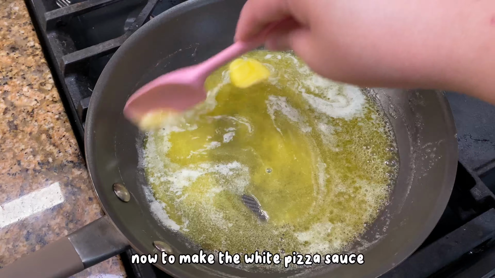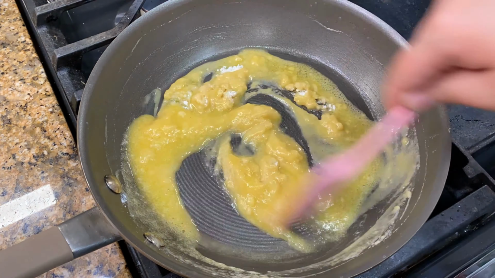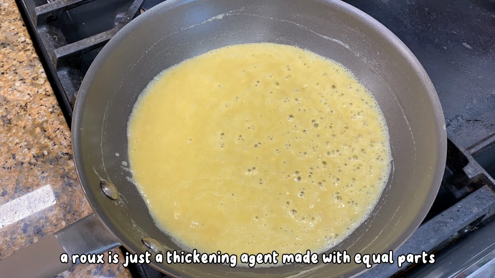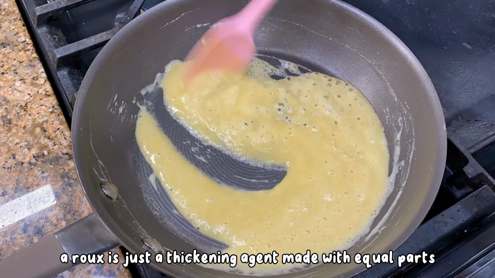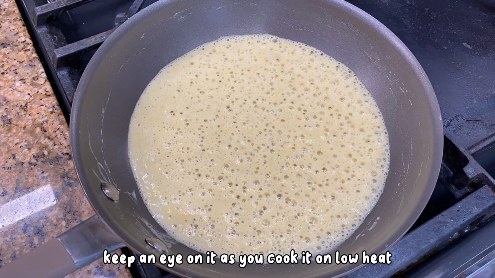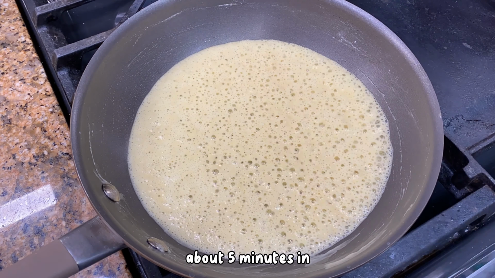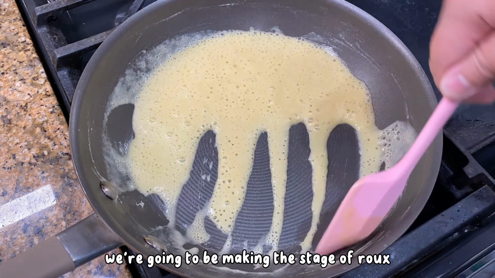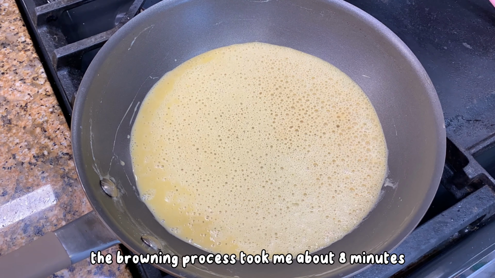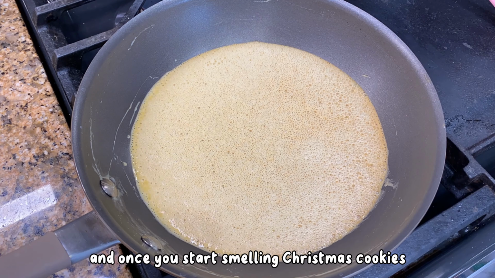Now to make the white pizza sauce. Melt 4 tablespoons of unsalted butter, then add in 4 tablespoons of all-purpose flour to make the roux. A roux is just a thickening agent made with equal parts butter and flour. To make this roux, keep an eye on it as you cook it on low heat and raise it up to medium heat about 5 minutes in. We're going to be making the stage of roux that's between blonde and dark roux. The browning process took me about 8 minutes, and once you start smelling Christmas cookies, that means the roux is